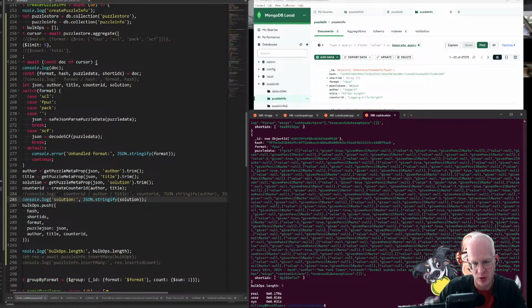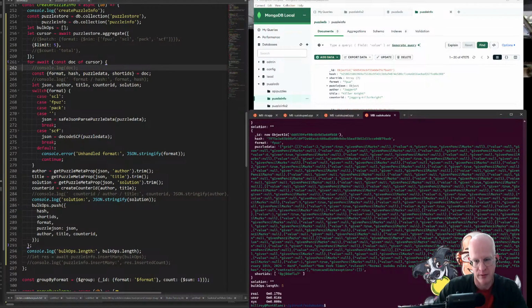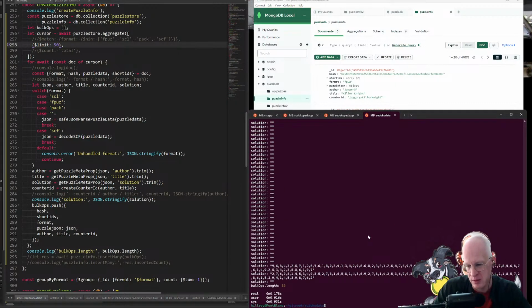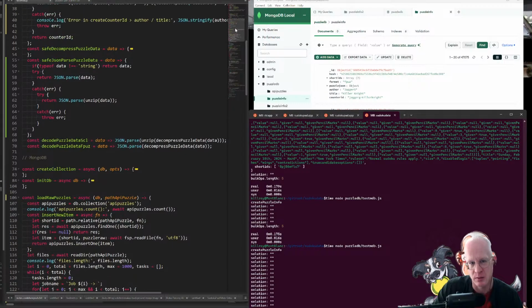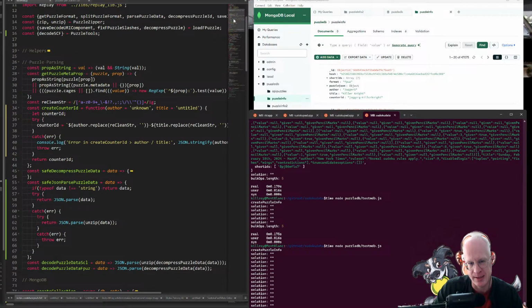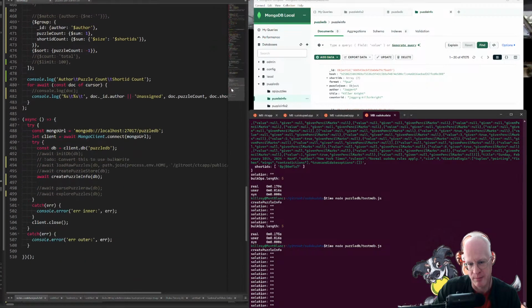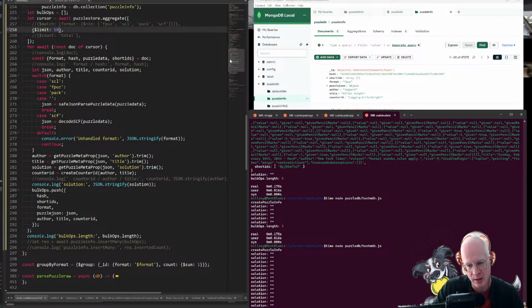But I'm assuming there's going to be much fewer puzzles with solution versus the other fields like author and title and so on. Like 50. Any solutions in the first 50? Are we actually extracting metadata as well? Metadata. This is interesting, actually. So if we can grab that solution,